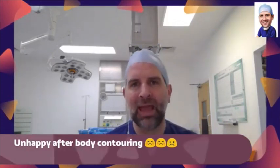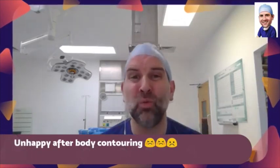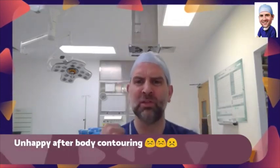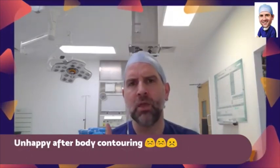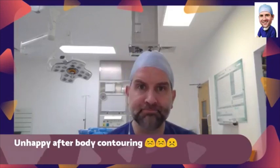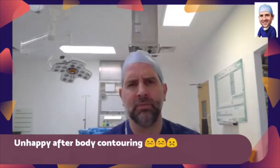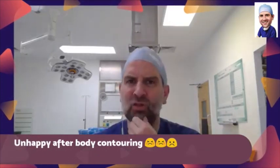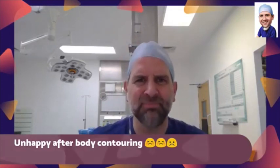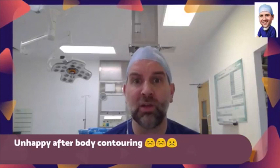The other thing with any tummy tuck is we are trying to make it as tight as we want, because we want to give you a great result and we want to give you a tummy that's as tight as a drum, but you don't want the wounds to not heal up. So there's a balance there. You want good wound healing. I think this patient had quite nice scars and nice wound healing and everything. You've got really nice wound healing, but you're like, oh, I've got excess skin. It is an art, not a science, and we try not to take away too much, because if you take away too much,